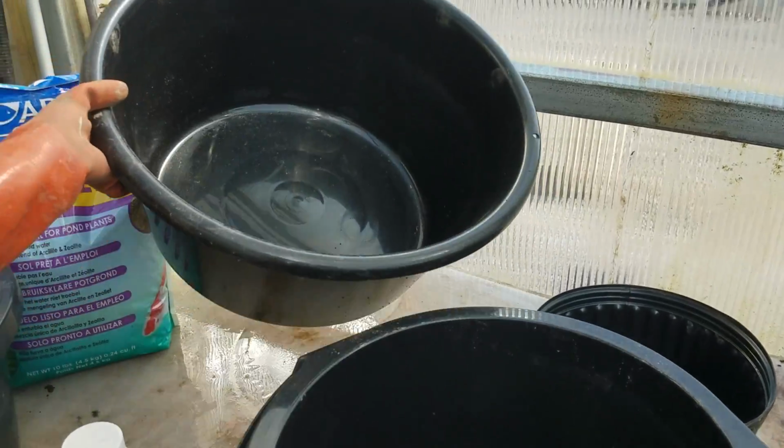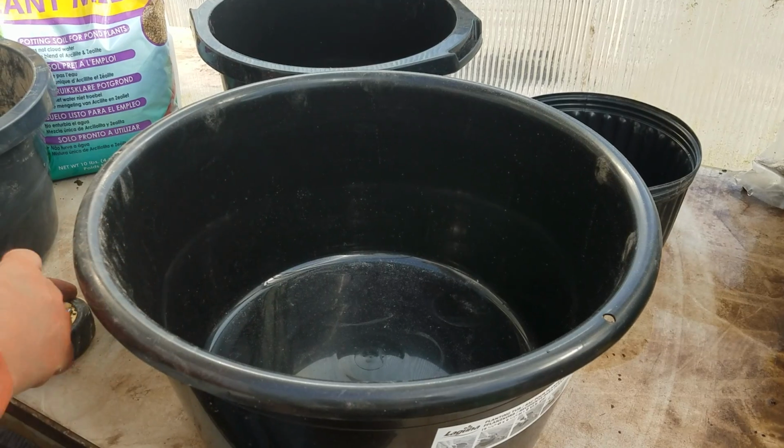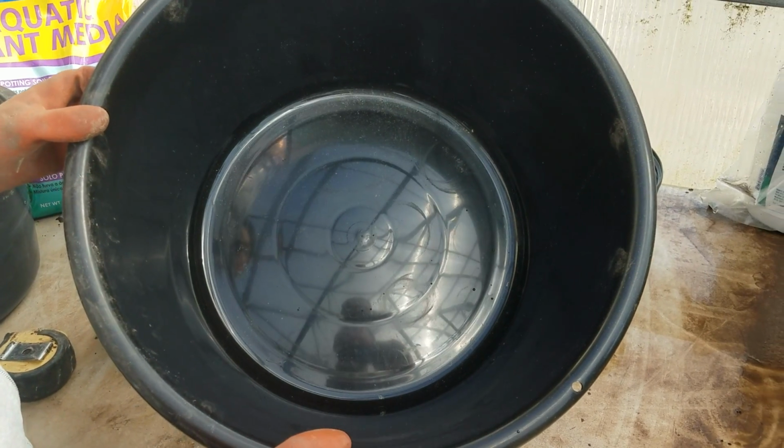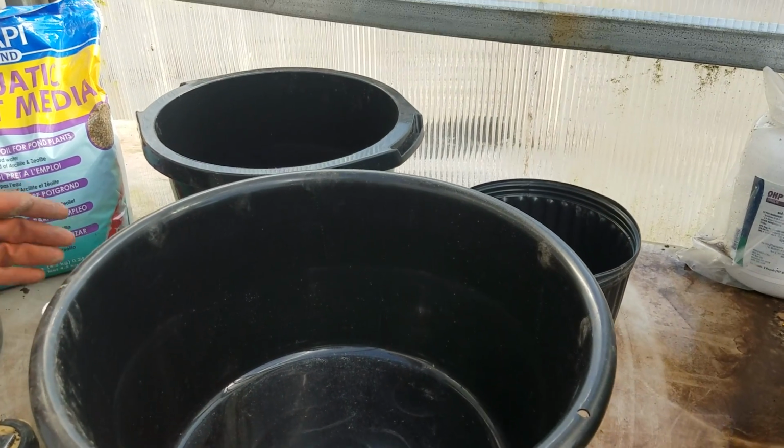Then lastly, we have a larger pot that we like to use. This is 18-20 inches in diameter, and we use this for a little bit larger growing lotus, but we can still move it easily. Now when we get ready to pot a lotus,